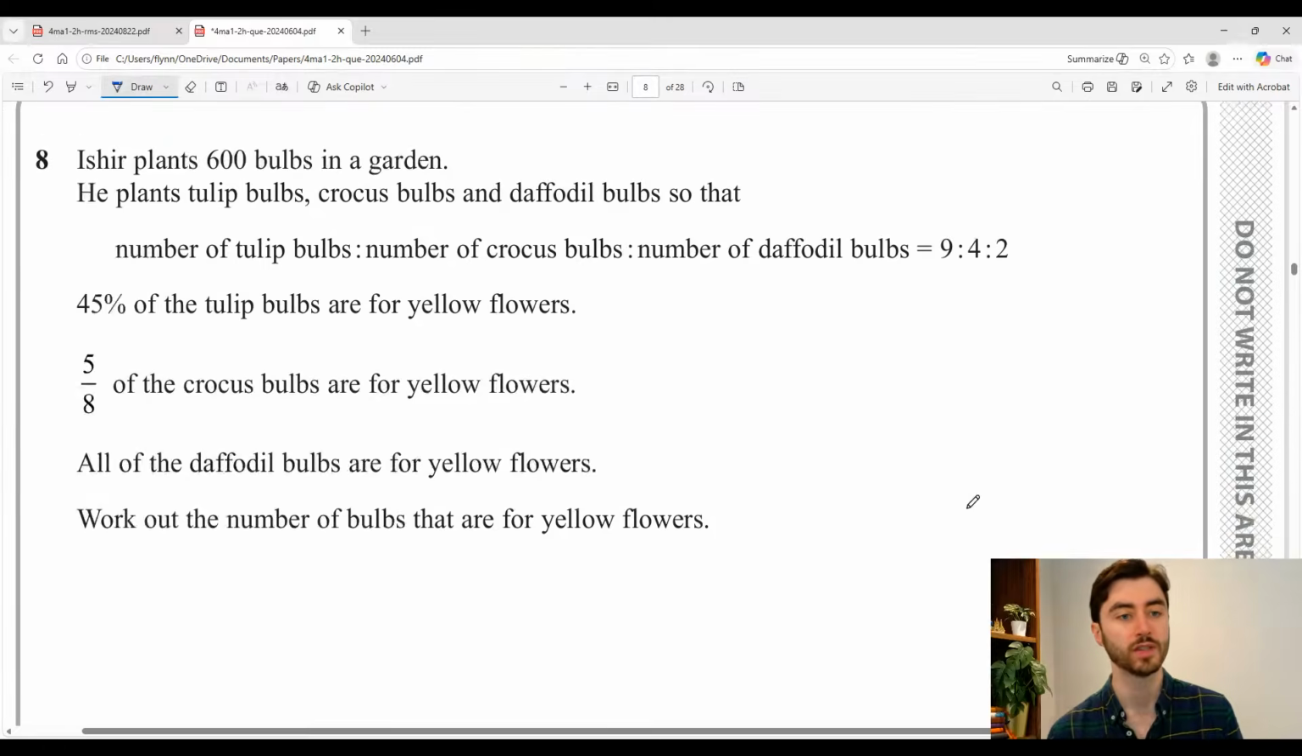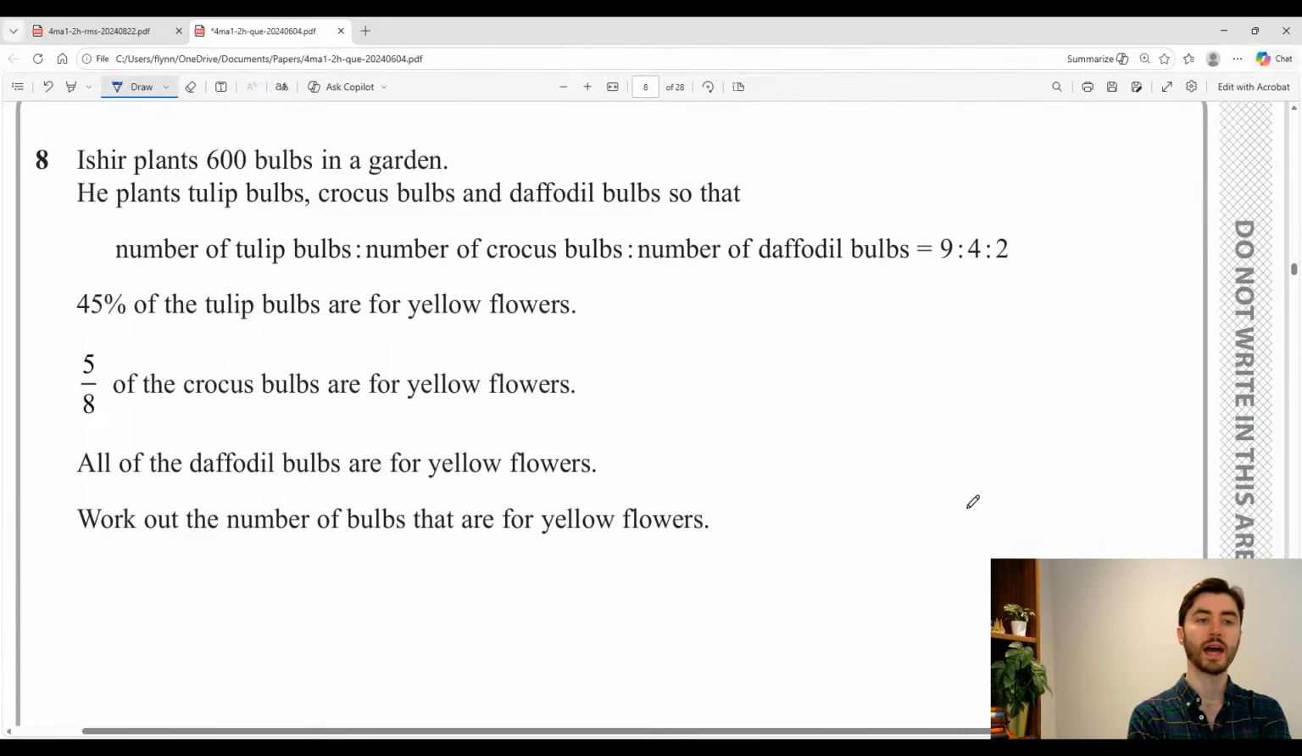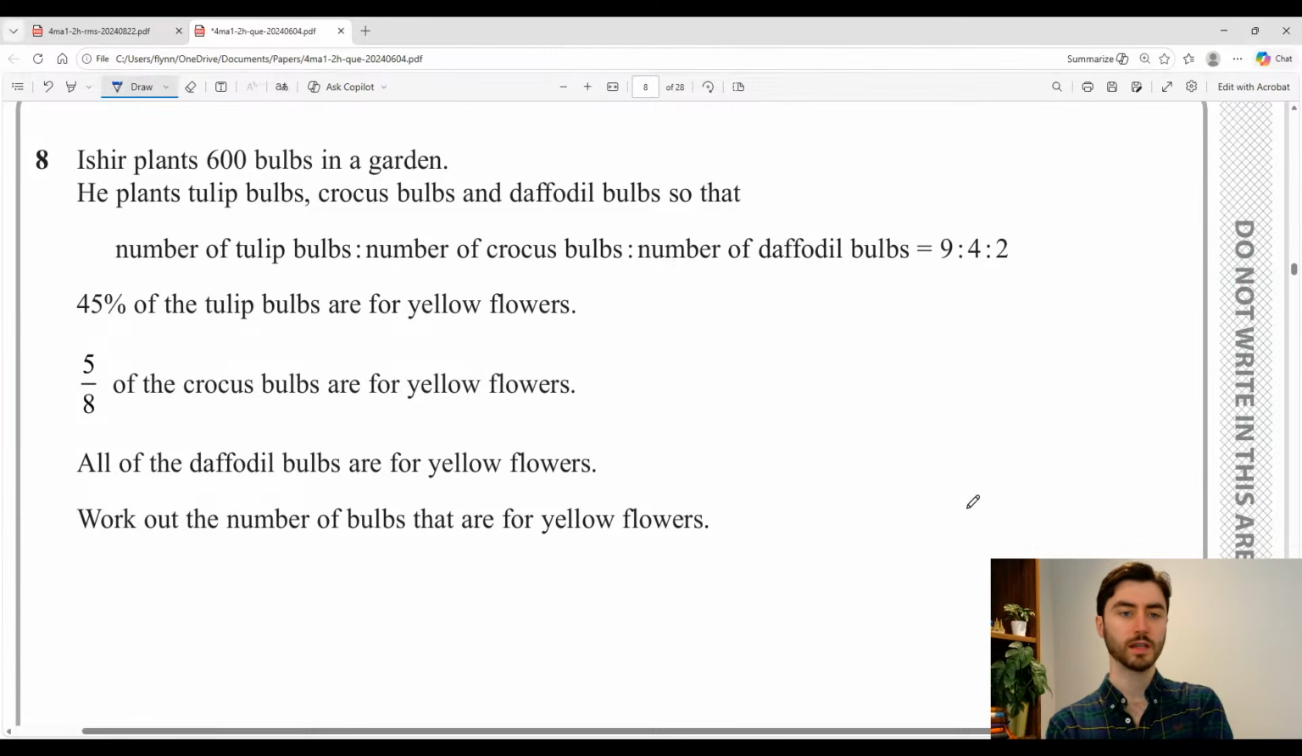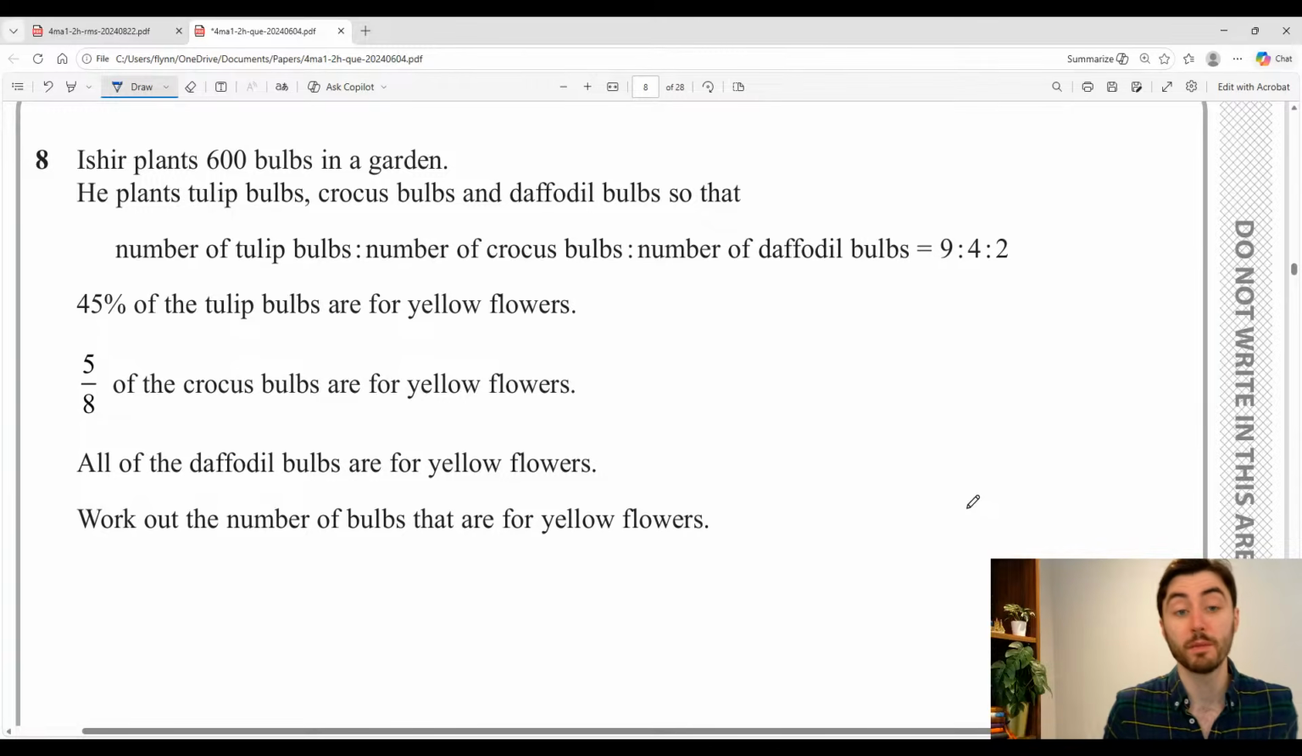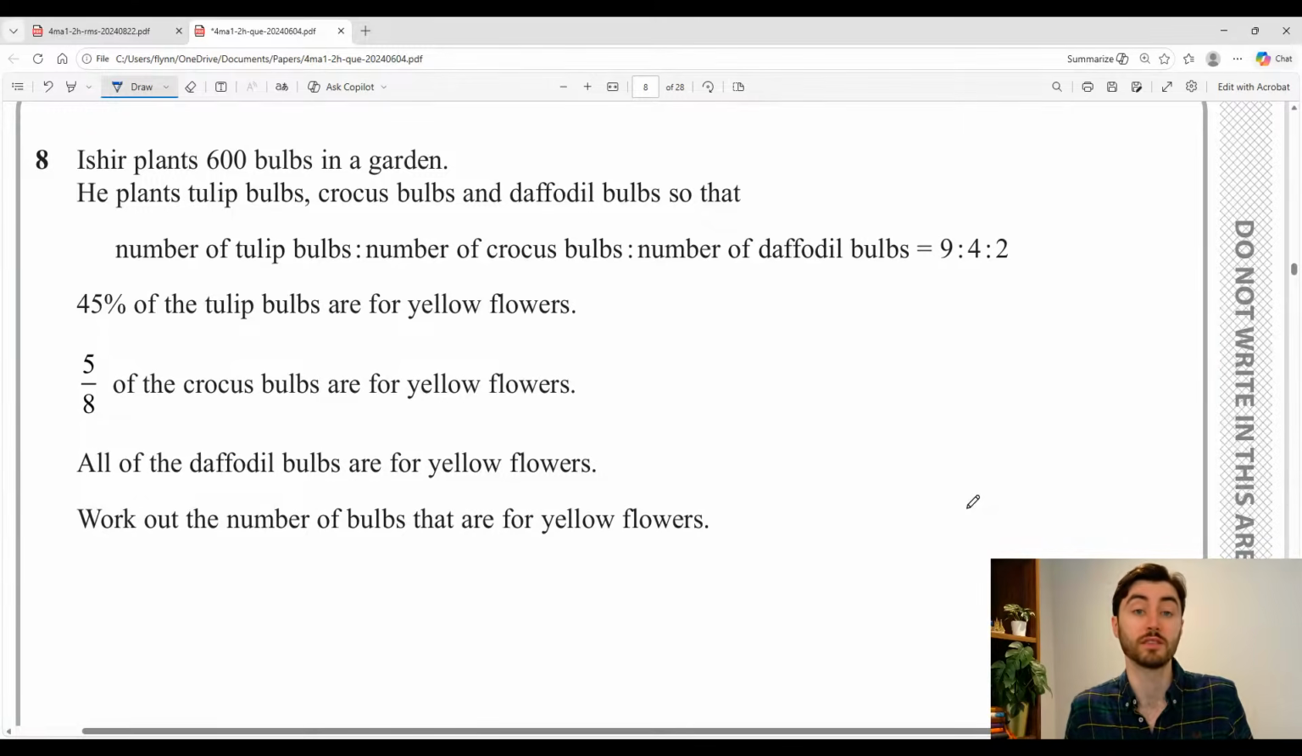Right, moving on to question 8. We have 600 bulbs in a garden of different types with a ratio. So this is a whole bunch of stuff. A lot of people would get put off here. If you're the sort of person who gets put off by a question like this with a bunch of information,